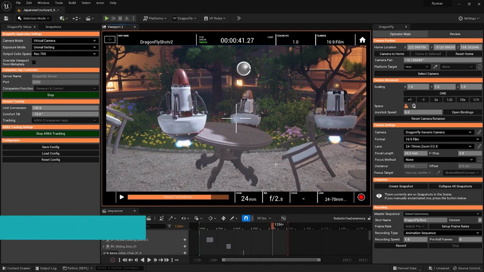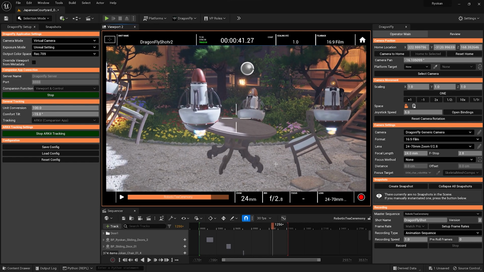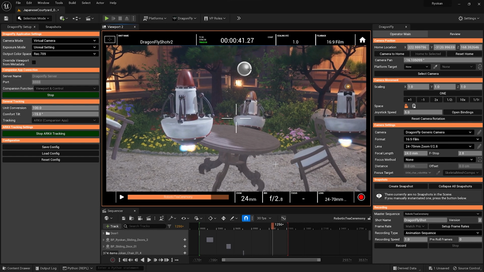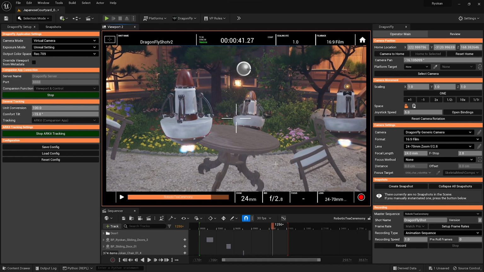Cool. So let's say I am lining up a shot here. You just saw me move in position with joysticks. If you are wondering how to generally move your camera, we have a separate getting started video on that. But let's assume we already are very familiar with moving the camera and we just want to record some shots. So this may be a starting frame. I don't have to do anything like placing cameras in the scene, creating sequences, none of that. Dragonfly will take care of all those things for me.